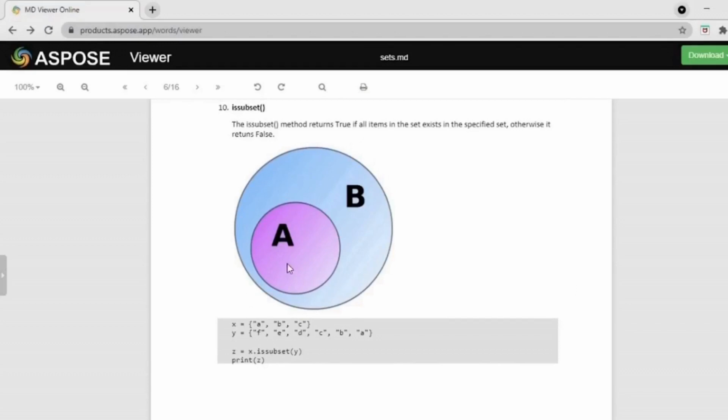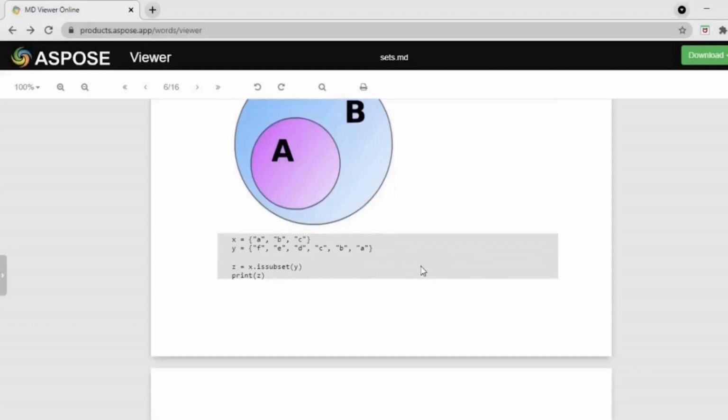So if all the elements in A are also elements in B, then A is called a subset of B. In this example, X is A, B, C; Y is F, E, D, C, B and A. So, are A, B, C present in Y? Yes, A, B, C are present in Y. Therefore, X is a subset of Y. Therefore, it will print true.